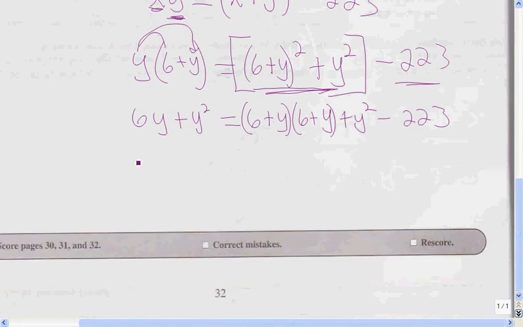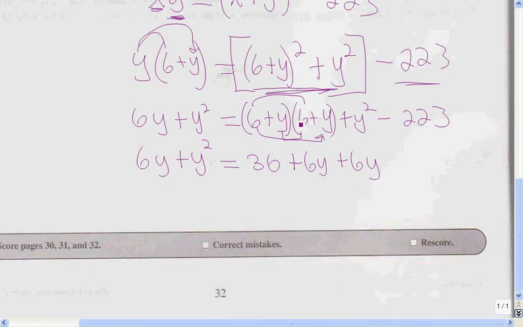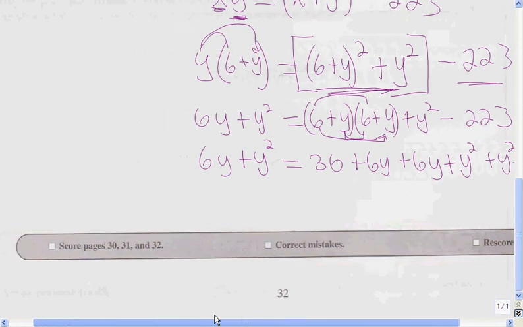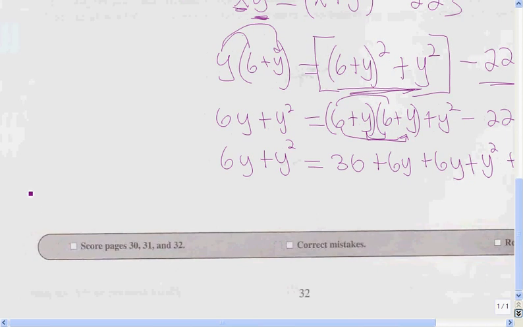Okay, what we get here is 6y plus y squared equals 36, because 6 times 6 is 36, plus 6y, because 6 times y is 6y, plus y times 6, so it's 6y, plus y times y, which is plus y squared, minus 223. Okay? Alright,